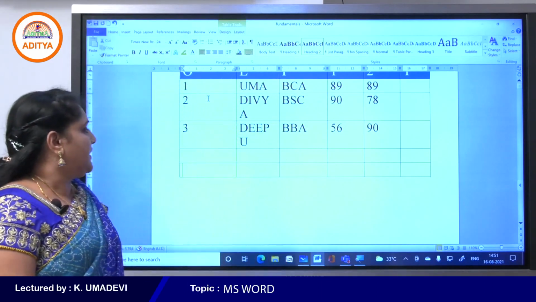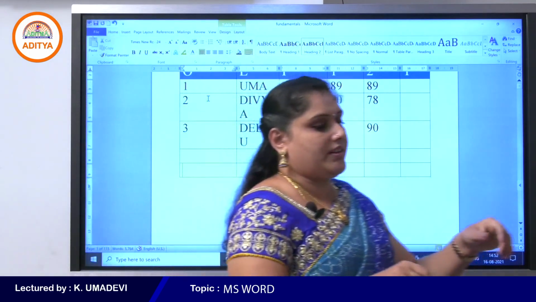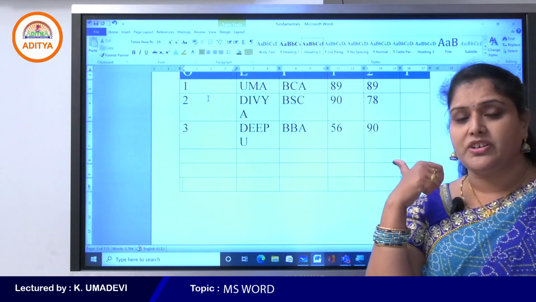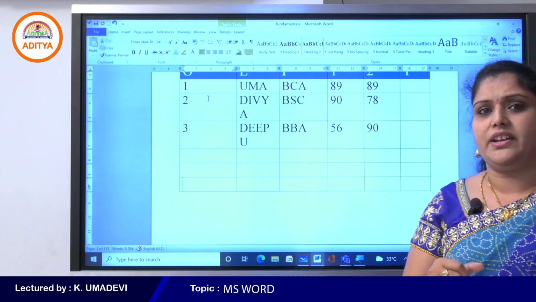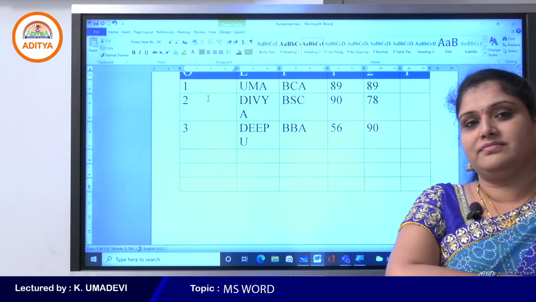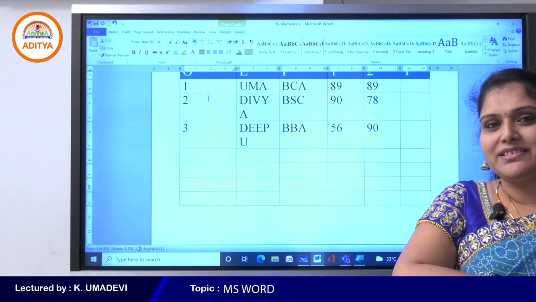Come on, students. When we press the tab at the end, what changes do you observe here? Just observe the screen. Again I'll press the same tab.